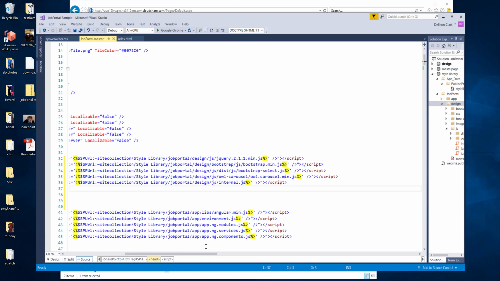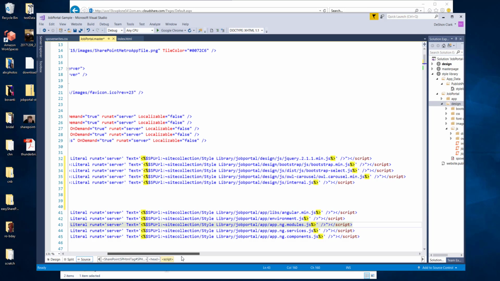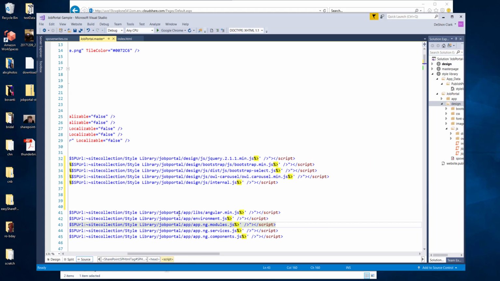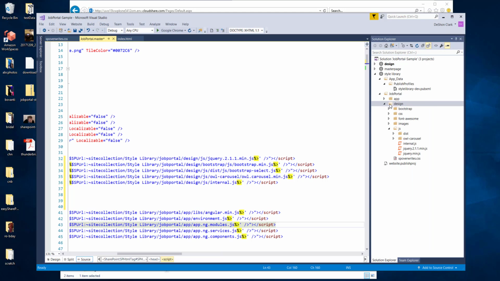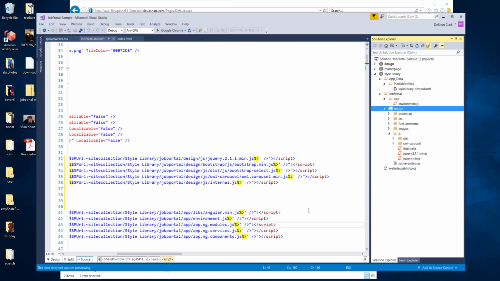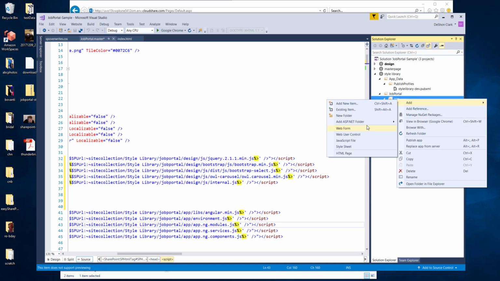And now what we have is all the Angular stuff, and this is where our app component is going to be. So let's go ahead and get that added as well. And this is just going to be under job portal. Let's get over here. Job portal app. And right now we just have the environment.js, which is this guy here. So we're done with design for now. Let's go ahead and add in the